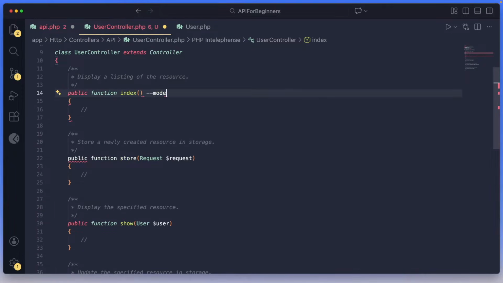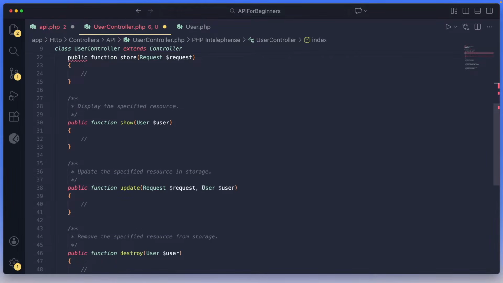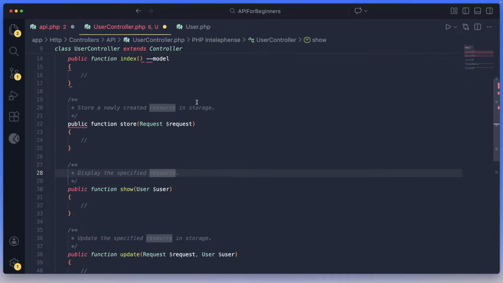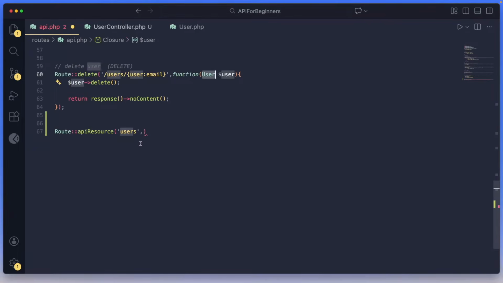And then the dash dash model applies for the show, update, and destroy routes. Because we are using route model binding, Laravel will automatically add this boilerplate code for us, so we don't need to change it ourselves. All right, so it's very nice. Just makes it a bit faster for you guys to get into developing your API. So now that we have our controller, it is now time for us to define it here. So here I can say user controller,